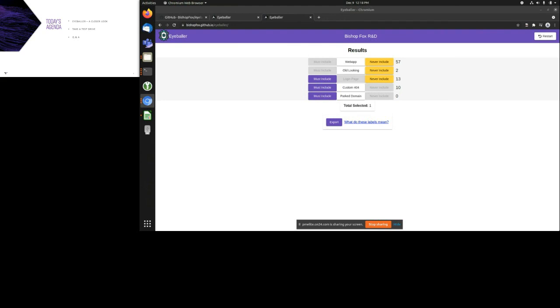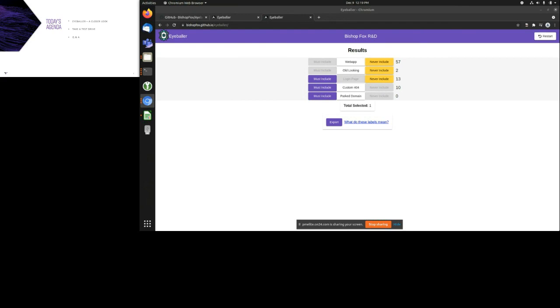Whenever you're dealing with a neural network, you have a perennial problem of figuring out what the machine is actually picking up on versus not picking up on. And when it comes to Eyeballer, we're no exception. So what about a website makes it look web application-y is a really hard question to answer.